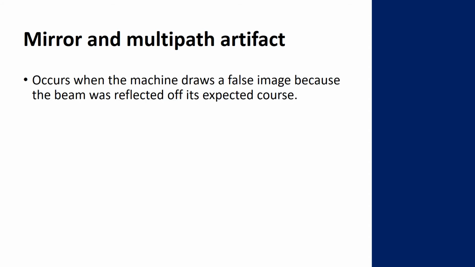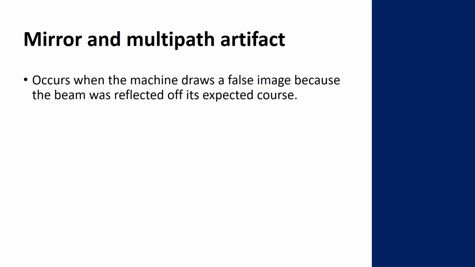So that covers reverberation artifacts. The next thing we'll talk about is mirror and multipath artifacts, which are artifacts that occur when the machine draws a false image because the ultrasound beam got reflected off of its expected course. Sort of difficult to describe in words, but this is one of those things that once you've seen an example,